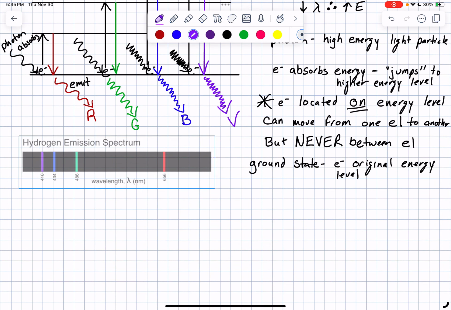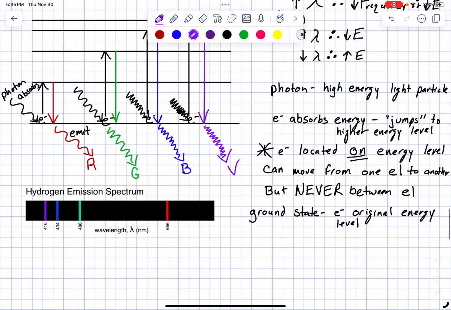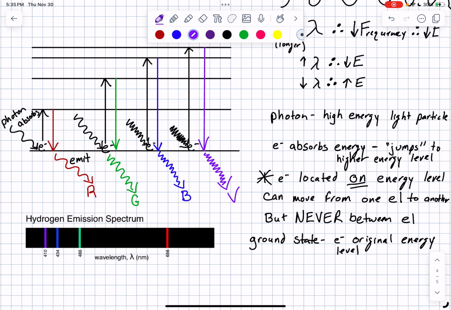So here's what my emission spectra looks like when we look through a special lens that will separate visible light into its colors. It's kind of like a prism. It'll separate this light into its different colors so you can see the different wavelengths clearly. And so when it did it, this is the emission spectra. These are what was seen